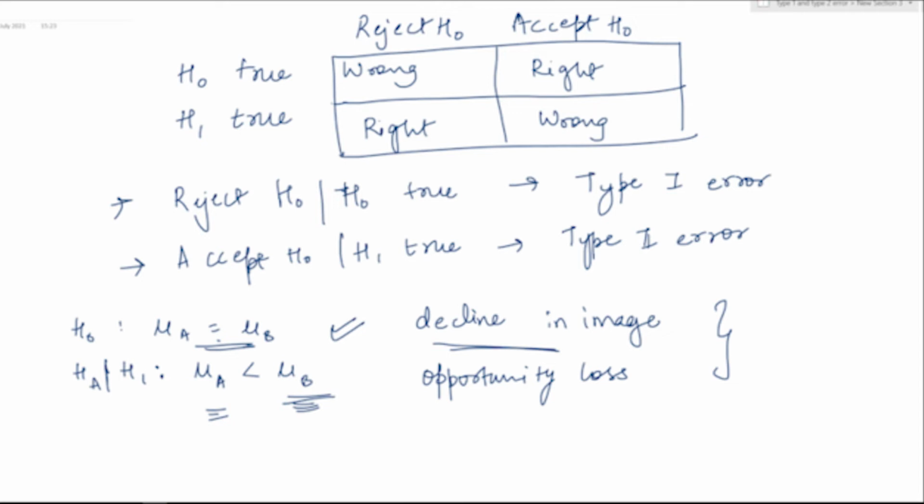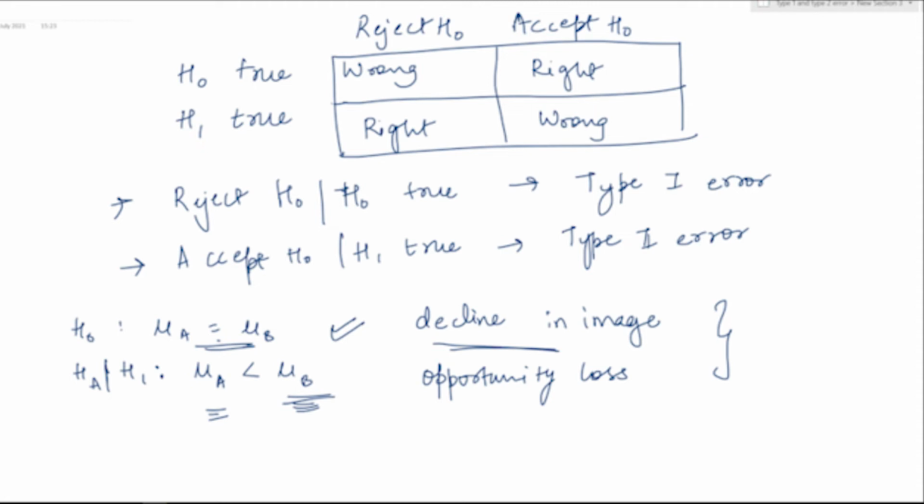Now consider this particular scenario. There's a weather forecast company and let's say there is some assumption that a life-threatening event is to occur. Now let's say that we have our H0, that is the hypothesis of equality, that nothing would happen, that is no life-threatening event would occur. And let's say that our HA, that is the alternate hypothesis, is that a life-threatening event would occur. Now let's first consider what will be the type 1 error. So type 1 error is basically reject H0 when H0 is true, right?